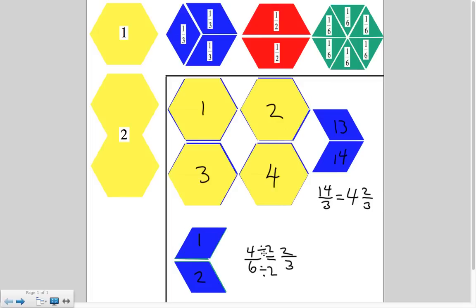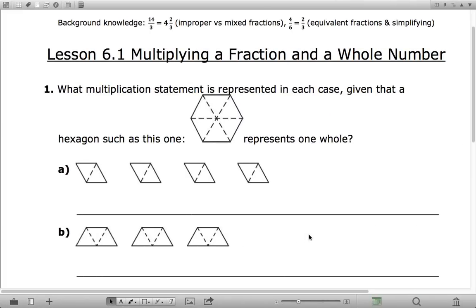And likewise down here, if you're going the opposite direction, to get 4/6 out of 2/3, you can multiply the top and the bottom by 2. Basically, having each of these thirds replaced by 2 of those 6 doubles the number of parts. So hopefully your background knowledge on improper and mixed fractions and also equivalent fractions and simplifying is a little bit more solid now, and we can move on to the lesson, which is about multiplying a fraction and a whole